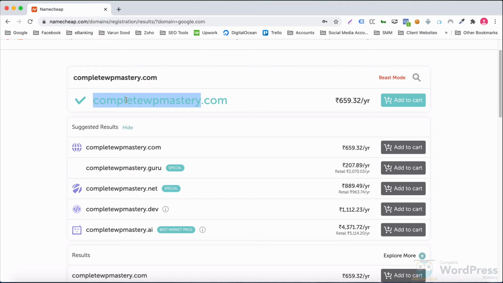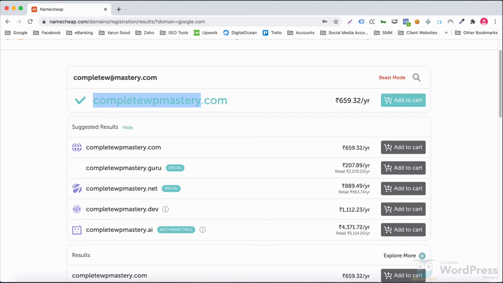Make sure your domain name is easy to remember. Otherwise, people will make mistakes while typing your domain name into the address bars of their browsers. And the second thing is avoid having hyphens in the domain name.